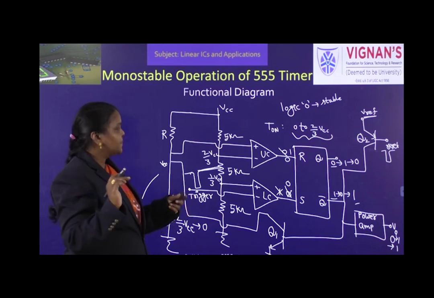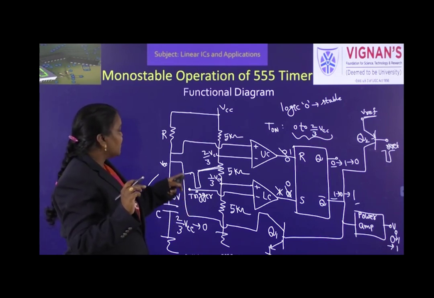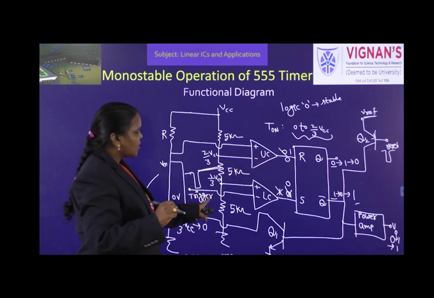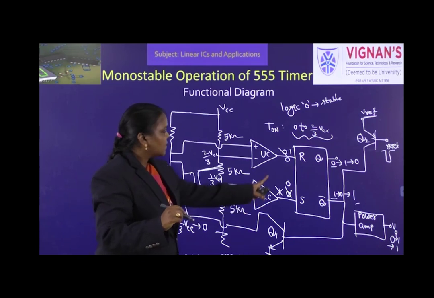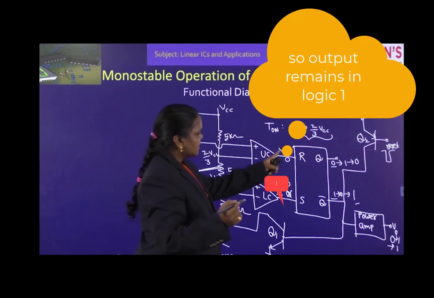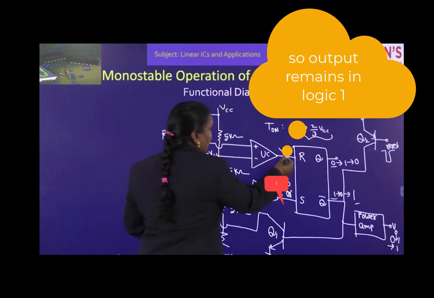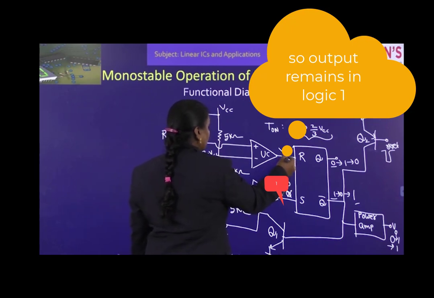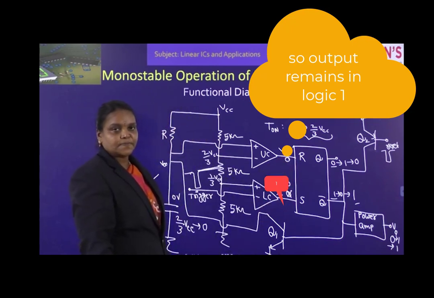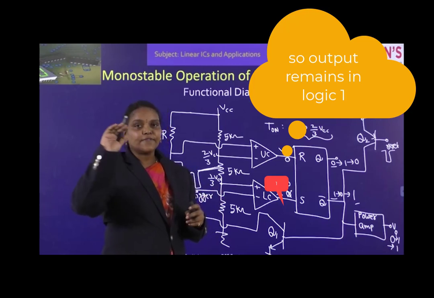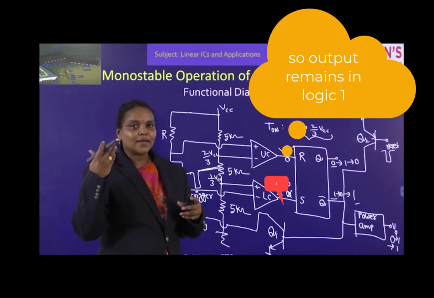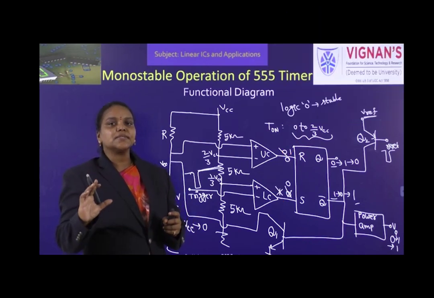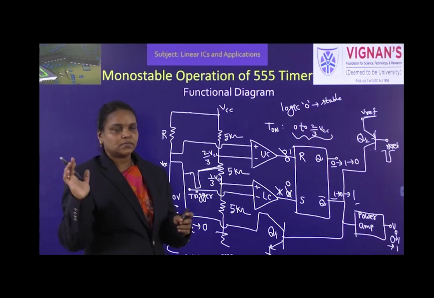how much time it will take. And in between, if any trigger pulse comes, that is when output is in one condition, suppose if it receives trigger also, then what happens? No use, because it is 0 and it is 0. So both are zeros means no change, because already it is in 0 condition. So when output is in one condition, even though additional trigger pulses come, it won't affect the output. But if it receives a reset pulse, then the output will go to 0.